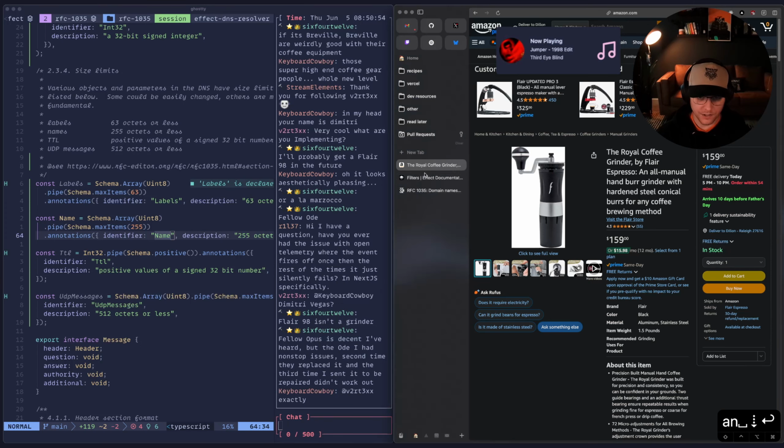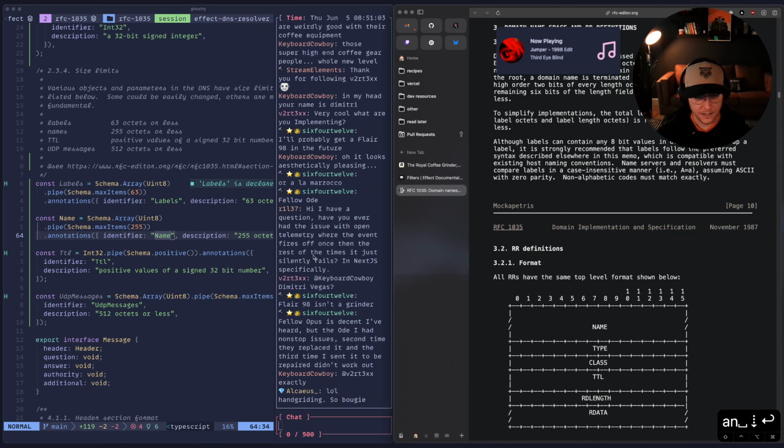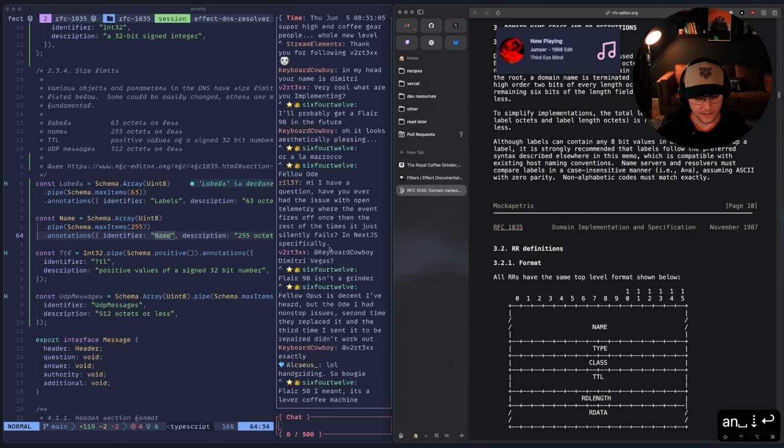Hi, I have a question. Have you ever had the issue with OpenTelemetry where the event fires off once, then the rest of the times it just silently fails in Next.js specifically? I have not. I have had issues with OpenTelemetry where if it's in a Lambda or some sort of short-lived compute, I've had to manually